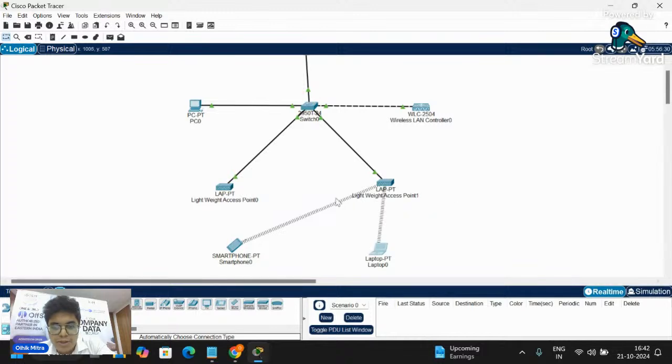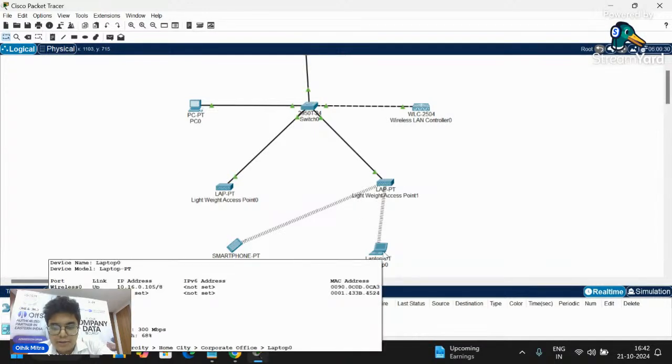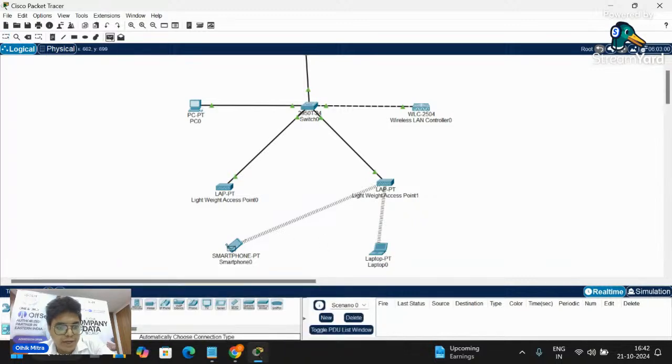As you can see, the laptop also connected to lightweight access point 1, and if you hover over it, you see the IP. Now you can send the data from here to here, and it is successful.